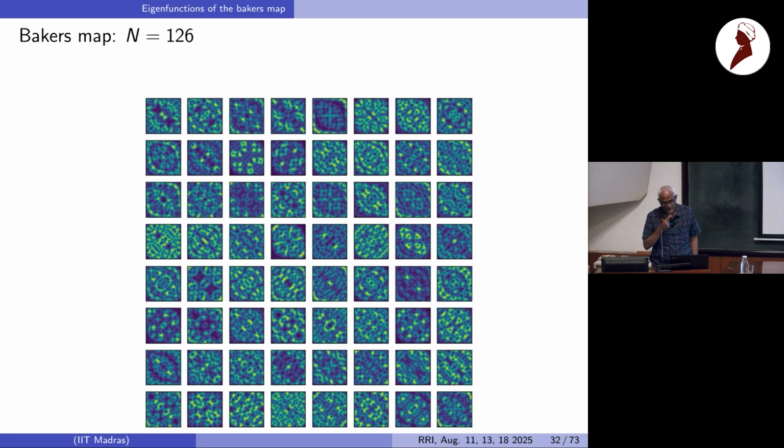But okay, so I was showing you some eigenfunctions of the standard map and the Baker's map, which should be thought about as eigenfunctions of single particle systems, but nevertheless shows all the complexities of quantum chaos and quantum chaotic eigenfunctions, which come in a bewildering variety. And they can be scarred by periodic orbits or other classical orbits, as well as be looking like random states or random waves superpositions. So I'm going to go into the second aspect first about random waves.